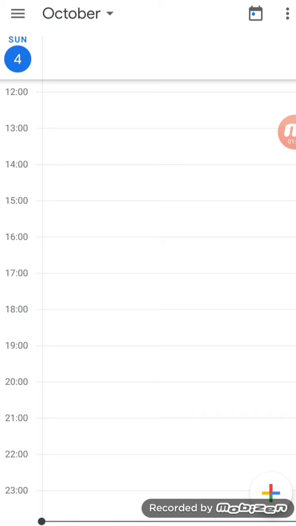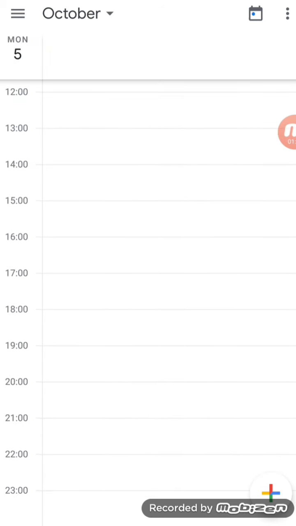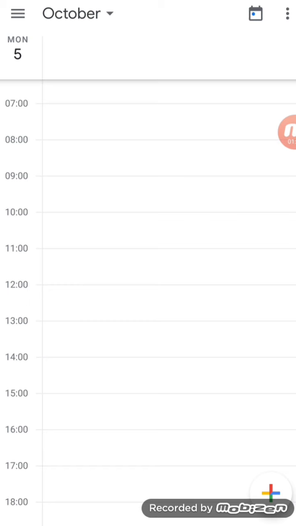So what I will do is move on to the date that I want. I will move on to this drop down triangle written beside October, and then I will click upon 5 and move on to the next date, October Monday. Now I have to schedule an event at 9 o'clock for the 10th E class.